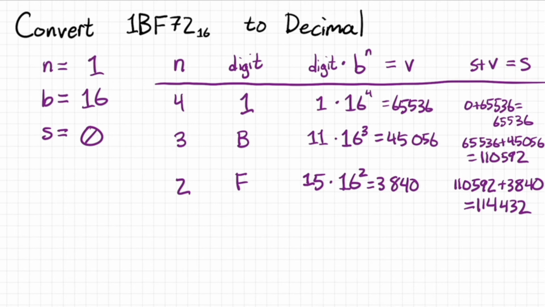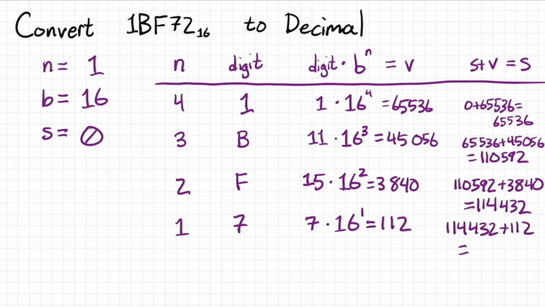We then decrement N again by 1. We're going to use that as our new power to raise the base to. We're then going to look at our next digit, which is going to be 7. We don't need to do a conversion since 7 is a base 10 number. So we do 7 times 16 to the 1, which is equal to 112. So 114,432 plus 112 is going to equal